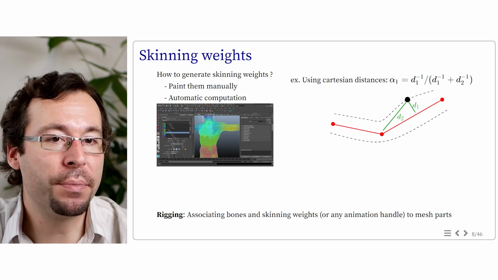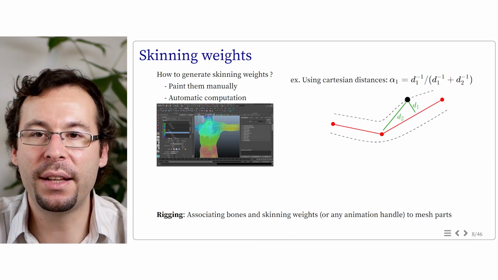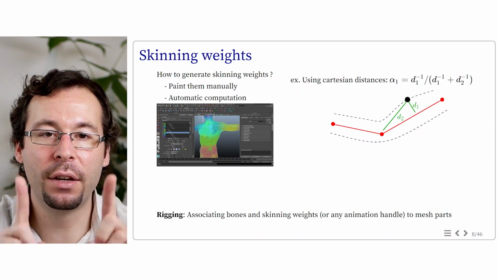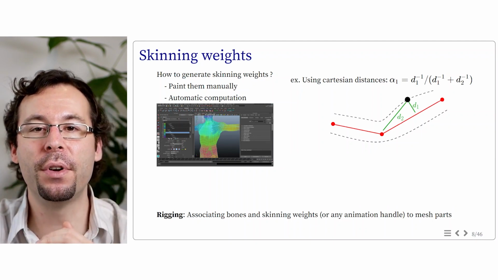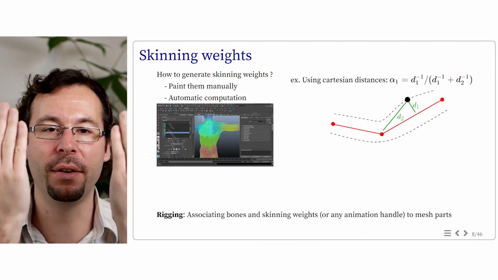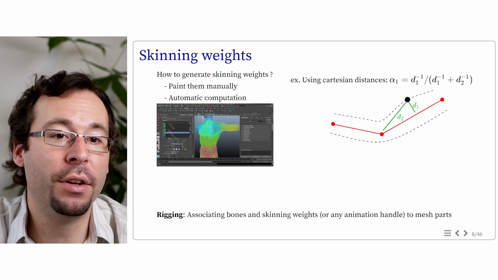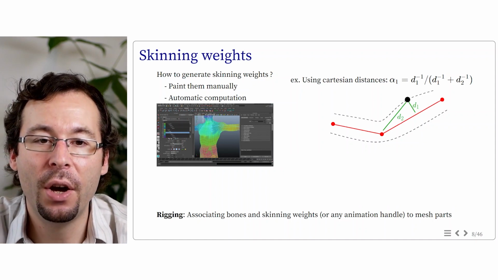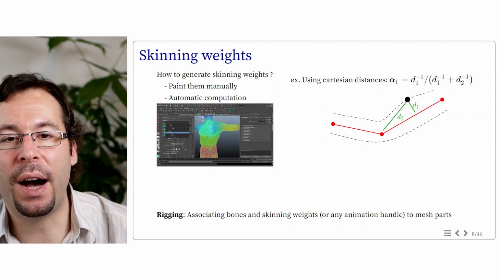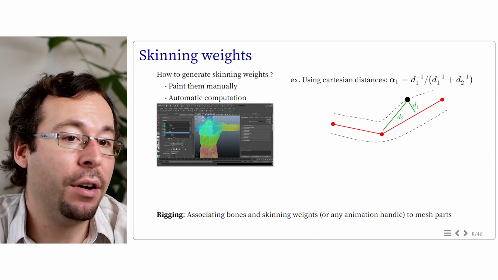Another note on the automatic computation using the Cartesian distance is that the influence of the bones doesn't take into account the morphology of the shape, which means, for instance, that if we have two legs close to each other, we may consider the influence of the bone of the right leg on the vertices of the left leg and conversely, left to right. So to limit such issues, most of the models in early times were provided in a position where the limbs are as far away as possible, typically with the arms and the legs fully extended, and this was called the T-pose that we can still encounter today.